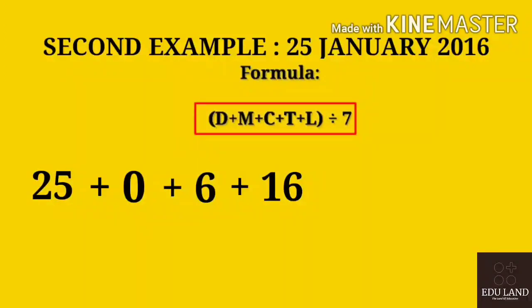Now we will put the value 3 because 29 Feb has not yet come in 2016, so we'll add only 3, and the leap years we are including here are 2004, 2008 and 2012. You already know we don't add leap years, as I have told before: 1600, 1700, 1800, 1900 and 2000. So now put the values up and we will get 25 plus 0 plus 6 plus 16 plus 3, which is equal to 50.